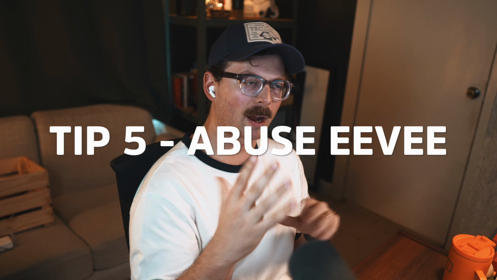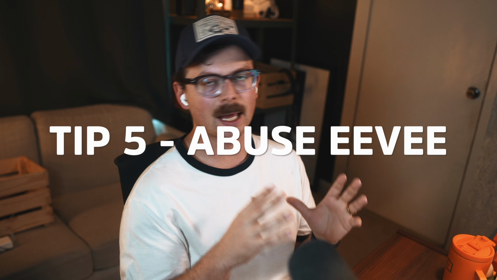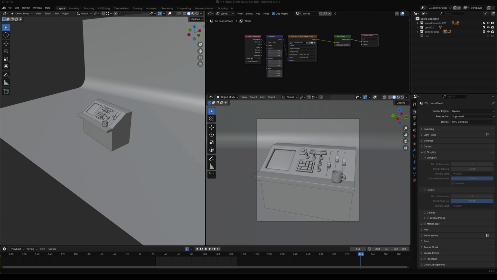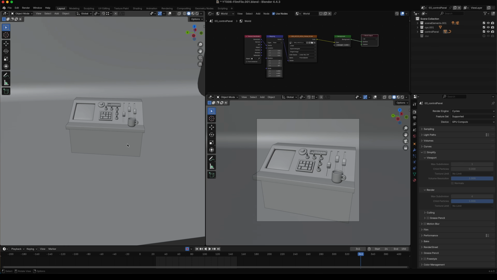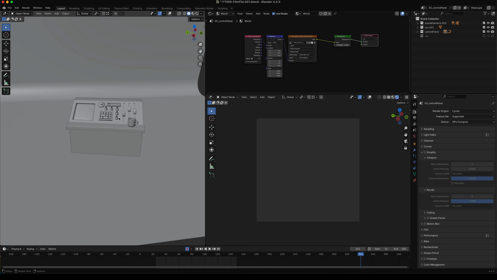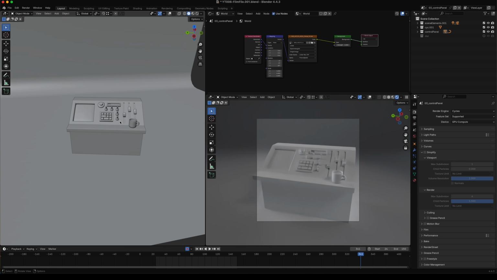All right, for tip number 5, we're going to go over how to use Eevee as a pre-visualization renderer. So a lot of times when I'm working, especially with lighting or texturing, I like to be able to see what I'm doing, more so than just the material preview. I like to look at the cycles. Now I prefer cycles as a renderer. I think it looks a lot nicer. It's more familiar to me coming from Redshift or Arnold than some of maybe the Eevee gotchas, but regardless,